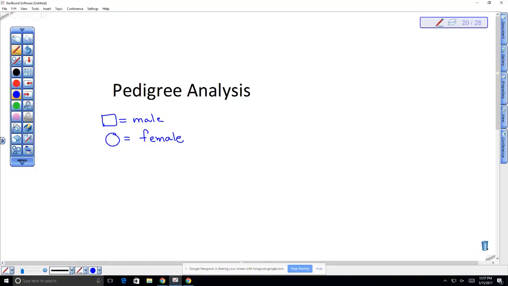We can say that a male and a female mate by putting a line between them. It does not necessarily mean marriage, but it means that they are mating, right? And then they can produce offspring. So this is a male and a female that produced a male, or a son, and a daughter, right? And then that son and daughter could also, let's say this daughter also has a mate and also produces an offspring. Okay, so what this tells me is that this is generations,